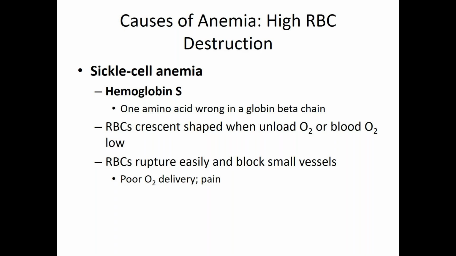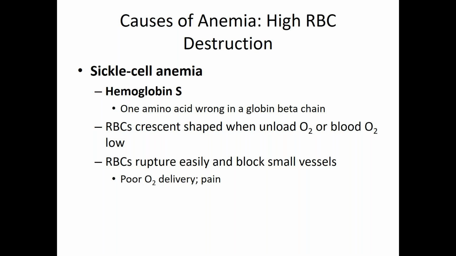In sickle cell anemia, we have a type of hemoglobin called hemoglobin S here for sickle. We'll talk about hemoglobin F and hemoglobin A as normal kinds of hemoglobin later on. But hemoglobin S refers specifically to the one associated with this disorder. And all that is happening here with hemoglobin S is that one amino acid isn't quite right. So the alpha globin is fine, beta globin has one amino acid that's not quite right, and it screws the whole thing up. Okay?